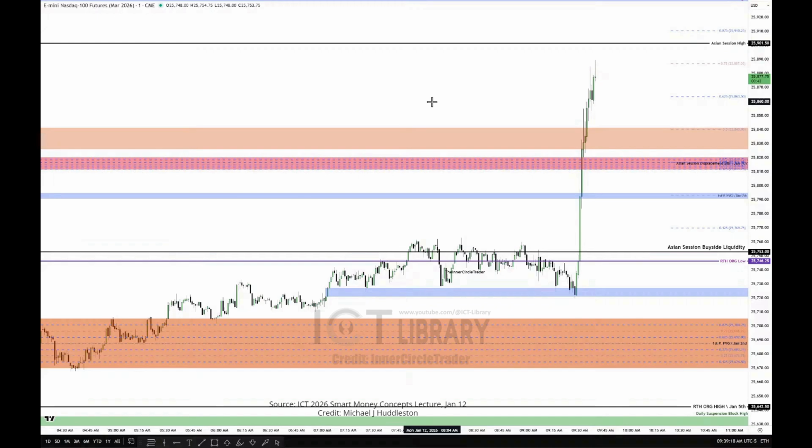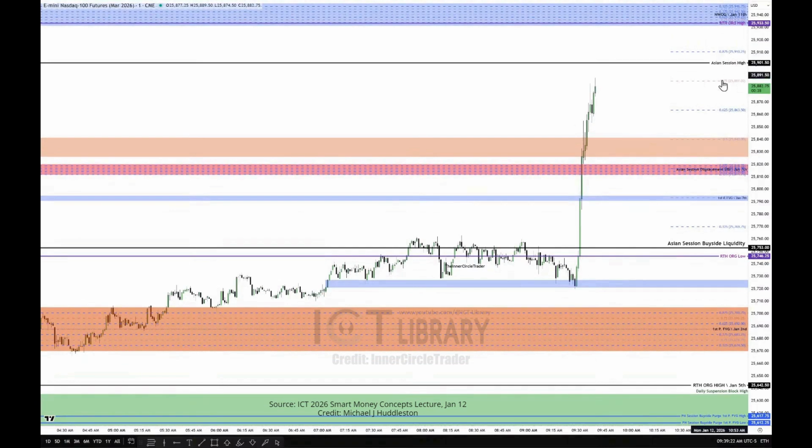All right, so upper quadrant's now been hit. So we have the other remaining portion, or last quarter, of the gap between last week's regular trading hours session close and this upper quadrant level. That does not need to be delivered at all. This right here is enough to prove the things I've outlined this morning, where it was going to go. Where's the draw? Where's the direction? Up. Filling in this area.